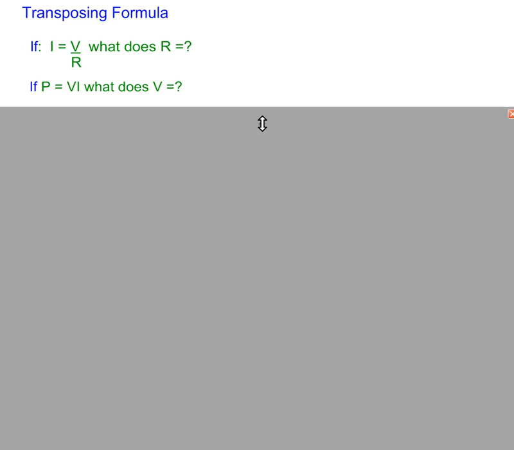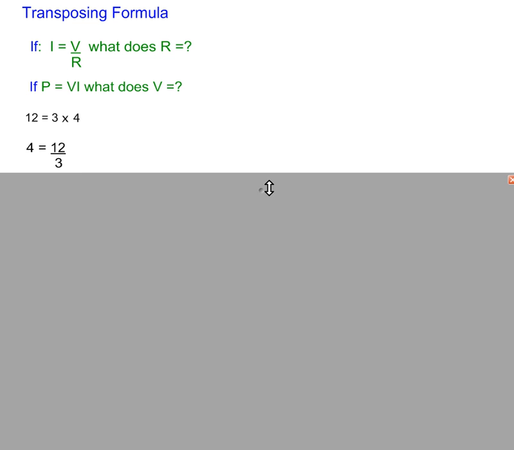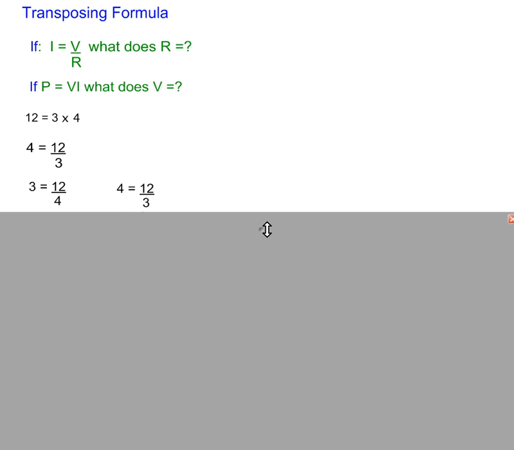When stuck on how to transpose a formula, it's often quite good to go back to a simple formula that we do know. For example, 12 is equal to 3 times 4. We also know that 4 is equal to 12 divided by 3, and that 3 is equal to 12 divided by 4. And we can see that this formula, 4 is equal to